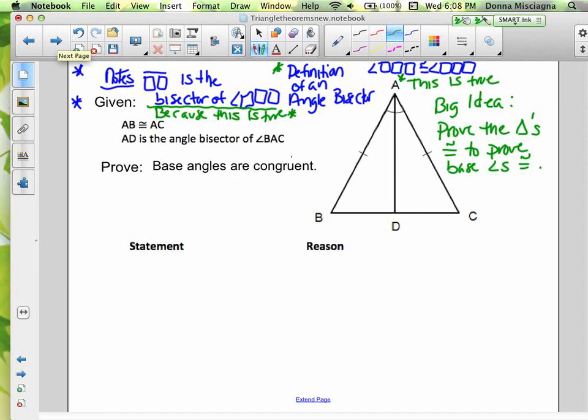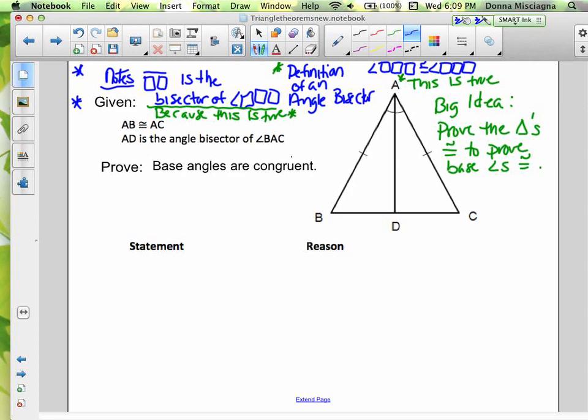This is going to be true in any triangle where my two given pieces of information are true. In most proofs, when we complete a proof, we start off with our given information. Don't rely on the givens, but it's usually good to get those on the table, so to speak,